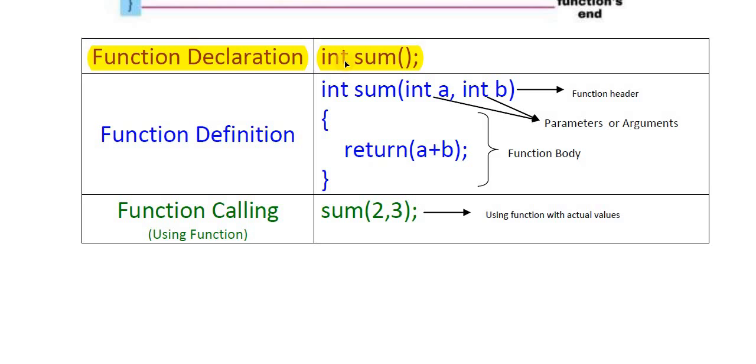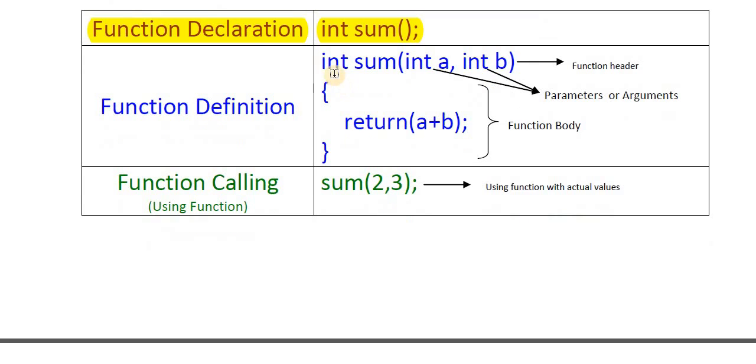Function declaration means here we are not defining the body of the function. In function declaration we just declare the function name and its data type. The function name is sum and its data type is integer. This single line ends with semicolon. This complete line is called a function declaration. So remember, in function declaration we are not defining the body of the function. Okay, in the next example, here you can see,